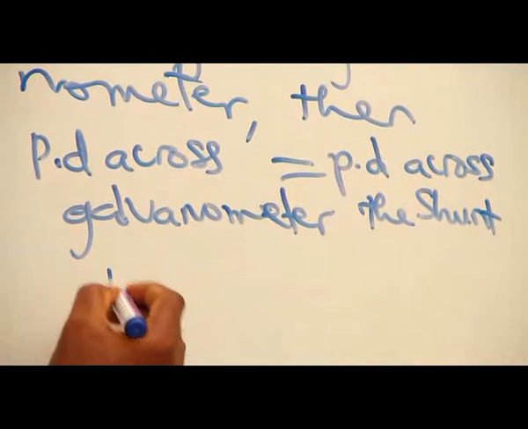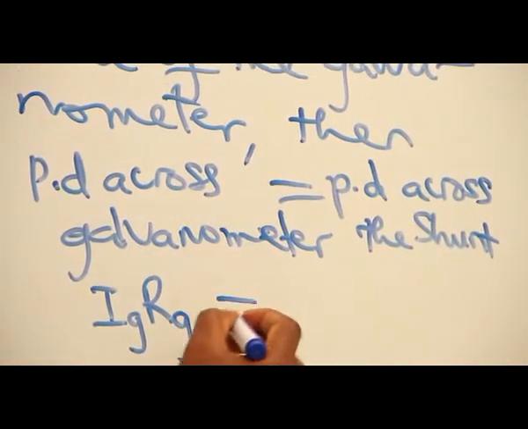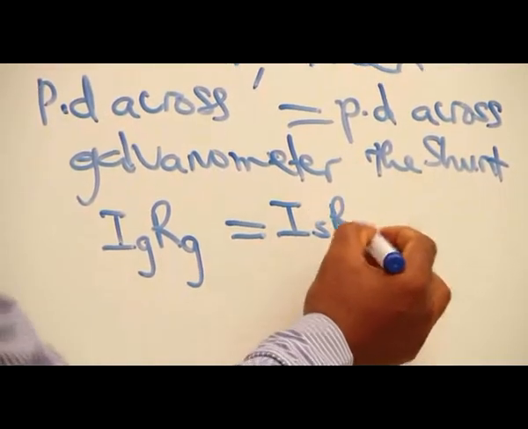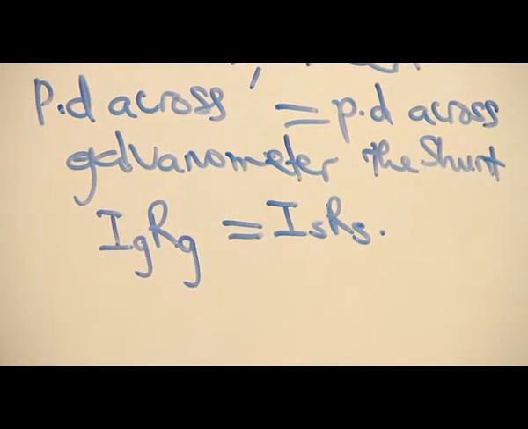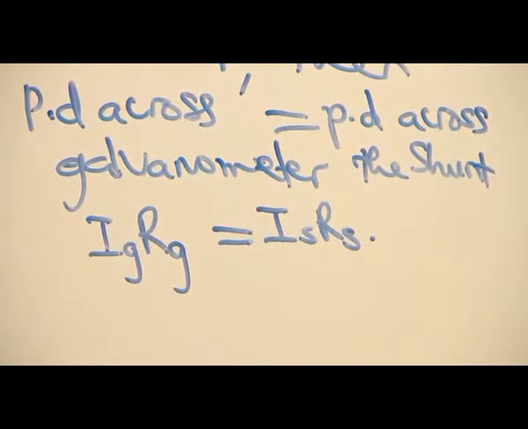So the current flowing through the galvanometer times the resistance of the galvanometer equals the current going to the shunt times the resistance of the shunt. If we apply the values,